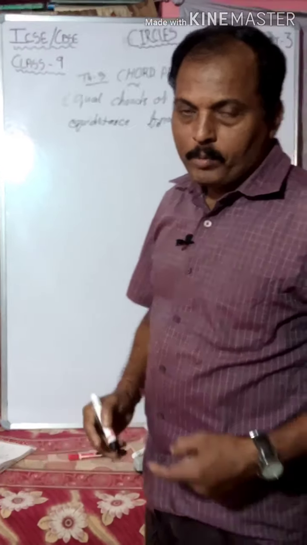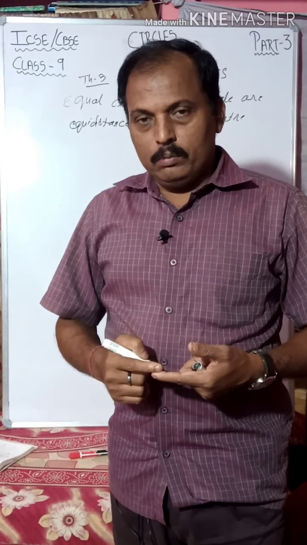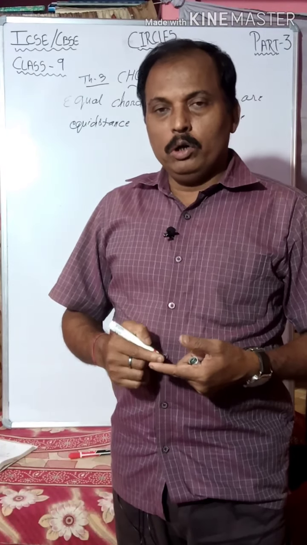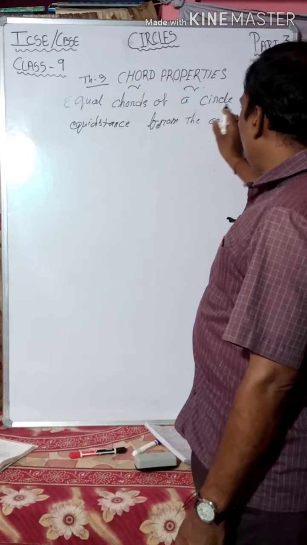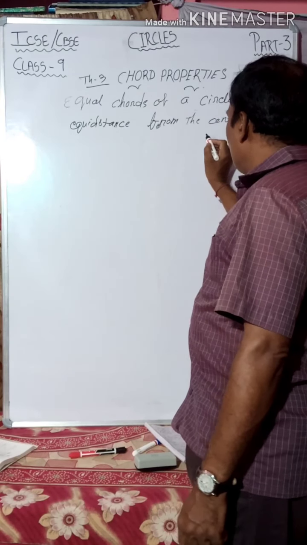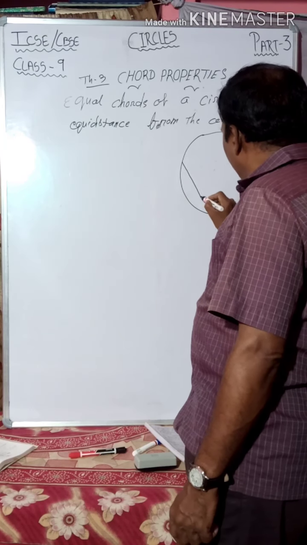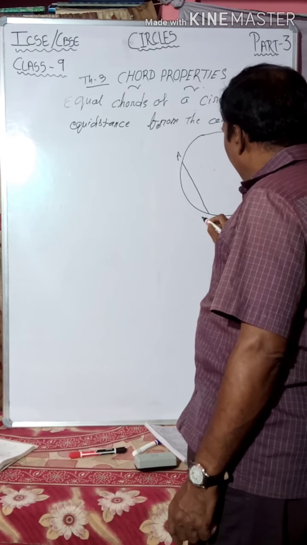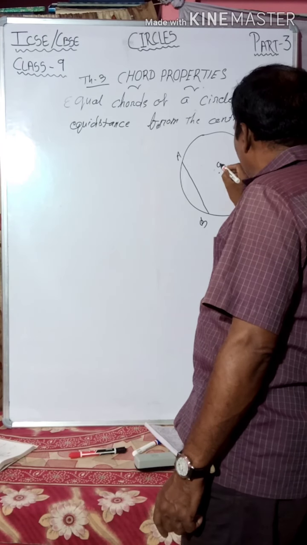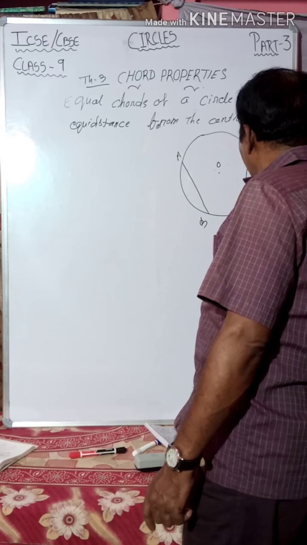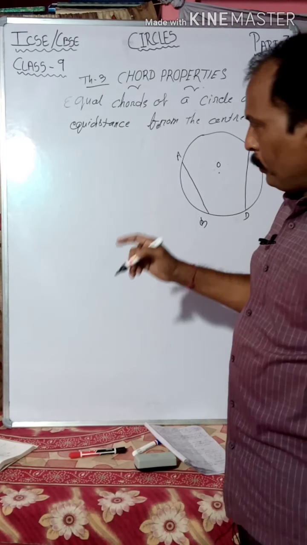This is very easy. In the circle topic, all theorems are easy to understand, easy to work out. So now, equal chords of a circle are equidistant from the center. Suppose this is a circle. Here is a chord AB, and another chord. Suppose the center of the circle is O, and another chord CD. So we have to prove these 2 chords, if AB is equal to CD, now given